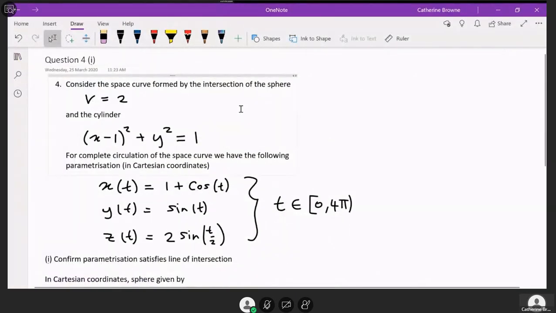I'm going to look at question 4 now, but I'm probably not going to get all the way through it. But I think there's also some pointers on the recorded tutorial as well for this question. So